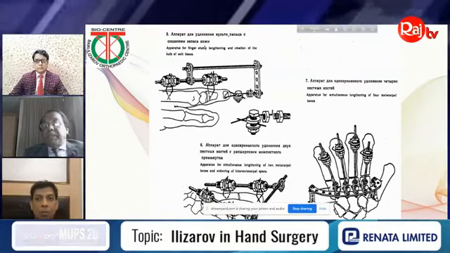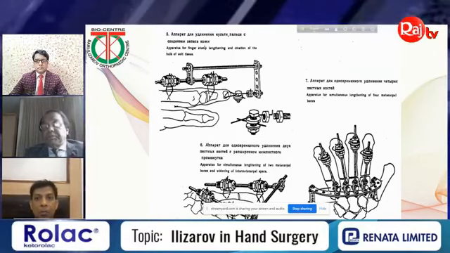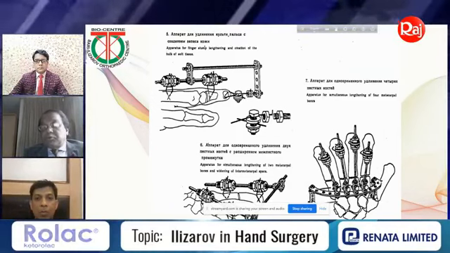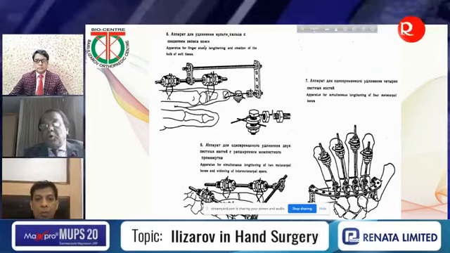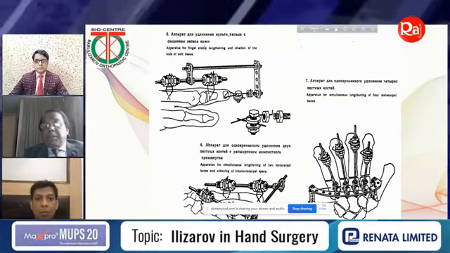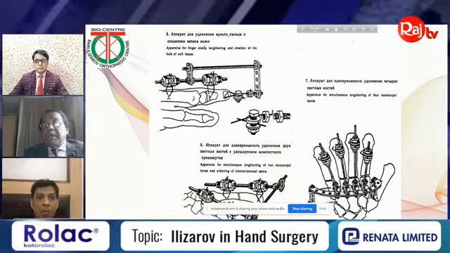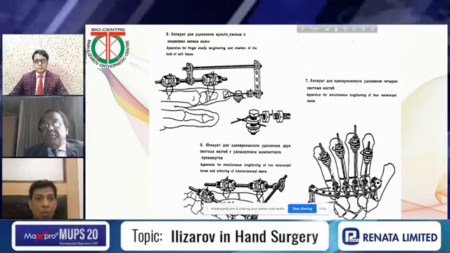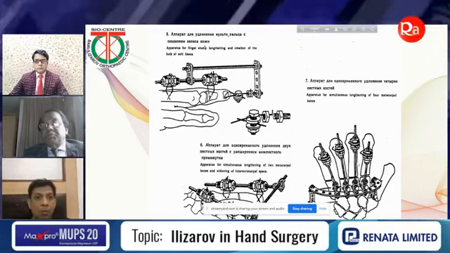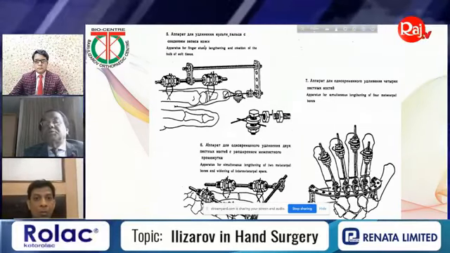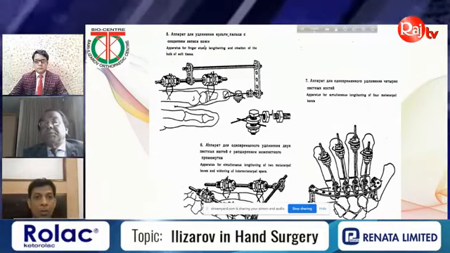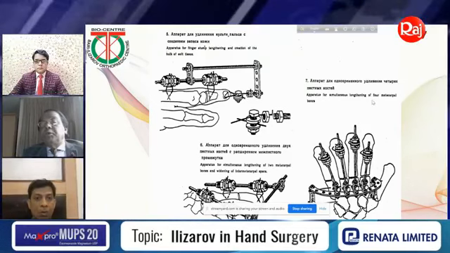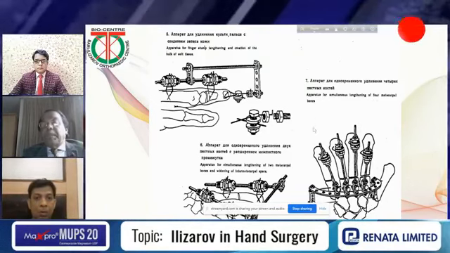If you want to go for lengthening, you can see you just put an arch. This is called bow, small bow, and then here you can fix it with the post, and then mini fixator. These rods are very small, 3 times smaller than the normal rods. So this is apparatus for simultaneous lengthening of the 4 metacarpal bones.